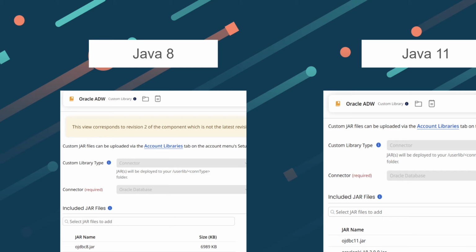This slide shows the jar files required for Java 8 and Java 11. Please note the file size is important. File sizes that are significantly smaller may indicate a lower revision of the jar file and the connection may not